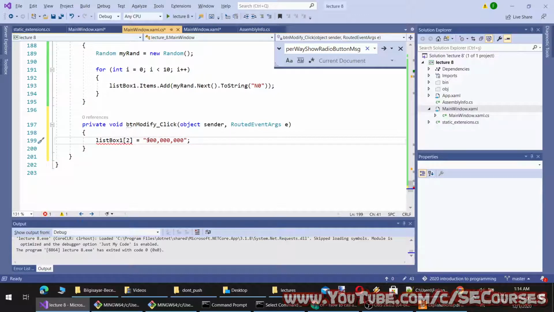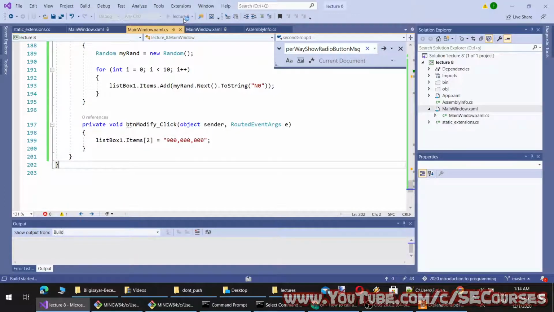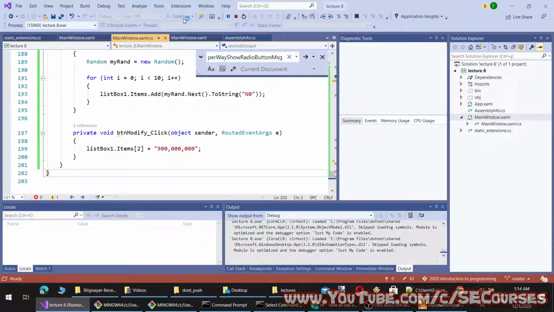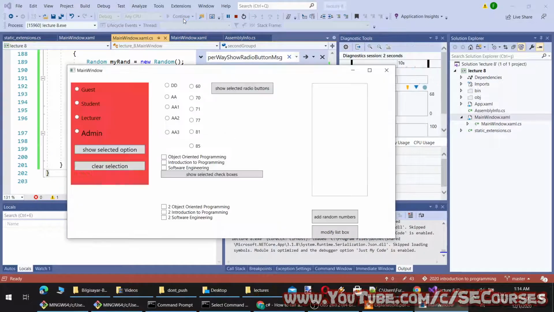Okay, if I make it like this, what will happen? By the way, you have to set it like this, Items. If there is no item at the index of 2, it will throw me an error. Okay, let me show you what I mean.